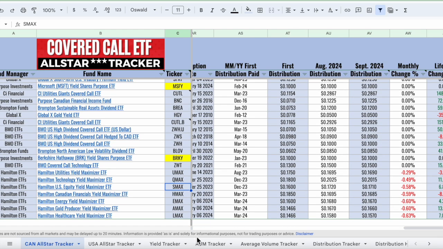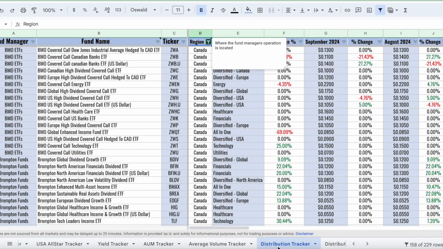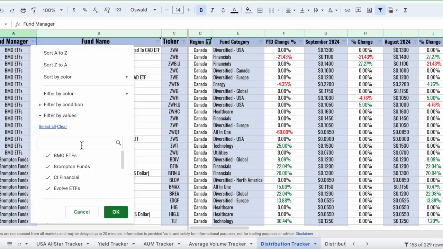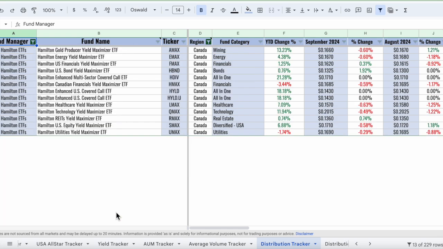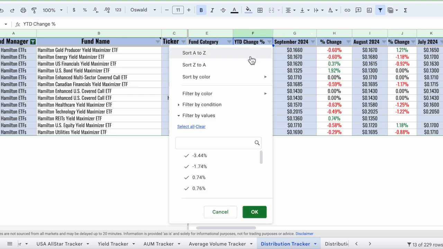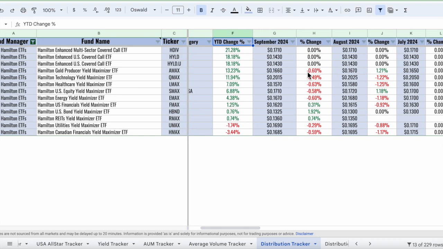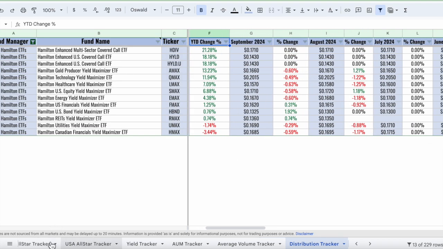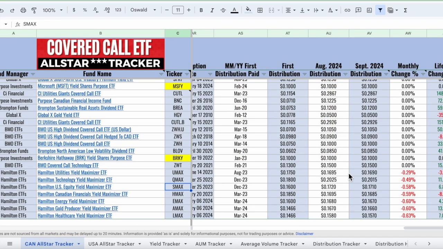And to give you an example, let's actually go over to the distribution tracker. And you know what we'll do? Let's actually just filter by fund manager. We'll clear that out. We'll go down to Hamilton and look at the distribution increases so far this year. So despite what you saw over here on this first tracker, which might come as maybe a bummer, Hamilton is